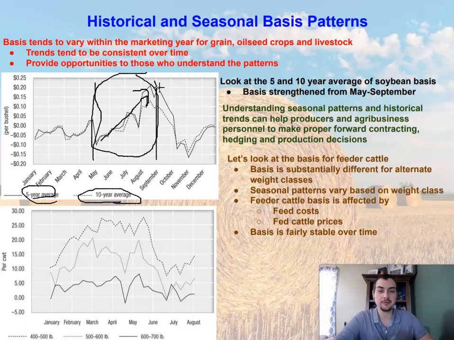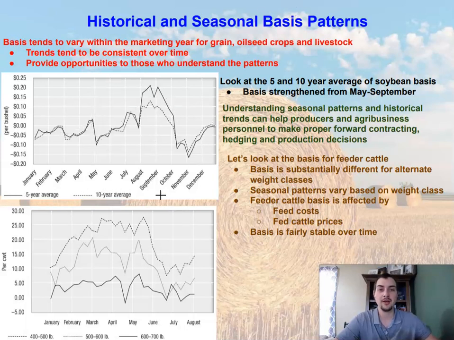But if we look from September to November, we see that every year that basis weakens, and it will strengthen from November basically through January, then hold steady and go up and down over the course of that. So understanding these seasonal patterns and historical trends can help producers and agribusiness personnel make the proper forward contracting, hedging, and production decisions, and weigh out how much this change in basis is going to affect me if I forward contract, or